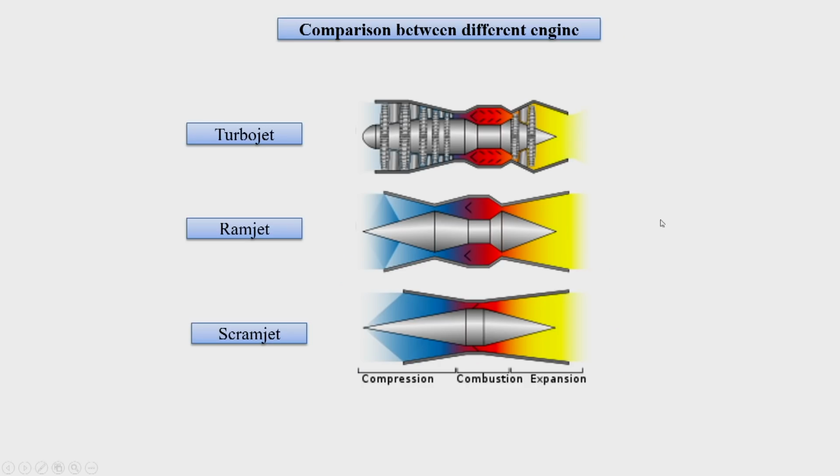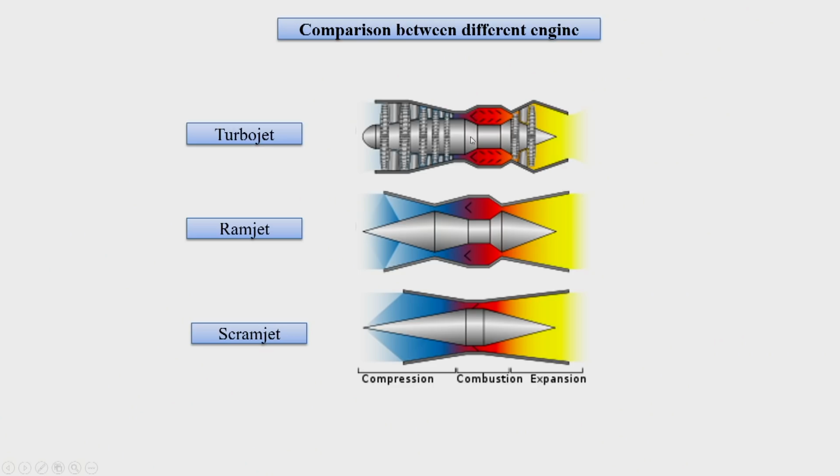Then there are some more extra engines that we talked about in the last class. We have talked about scramjet and ramjet as two more engines. In case of turbojet engines, we have a compressor to compress the air. Here, generally the speed with which the propulsion system is supposed to move is subsonic. So the Mach number, which is defined as velocity upon speed of sound, is less than 1.